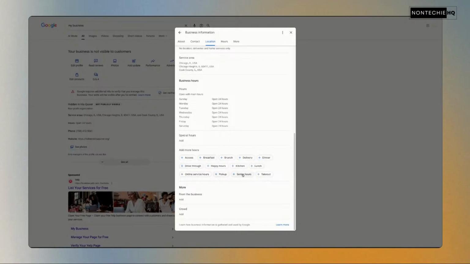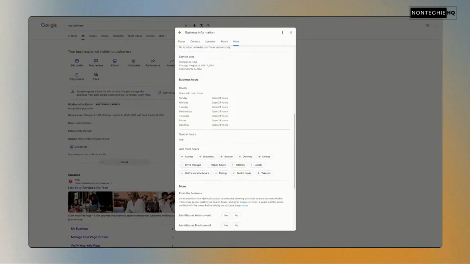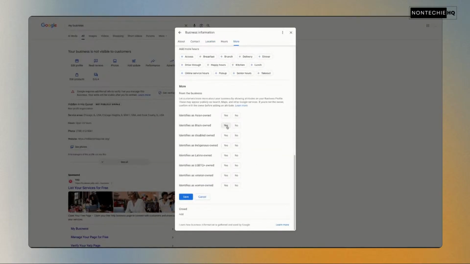So next is the more section. From the business, this is where you can put what you identify as. So you'll click yes for the ones that you are, and you could go through and update it to no and mark no for all of the ones, and click save.